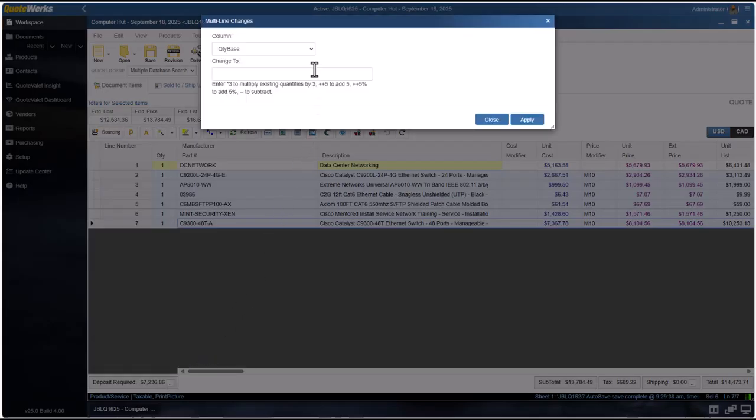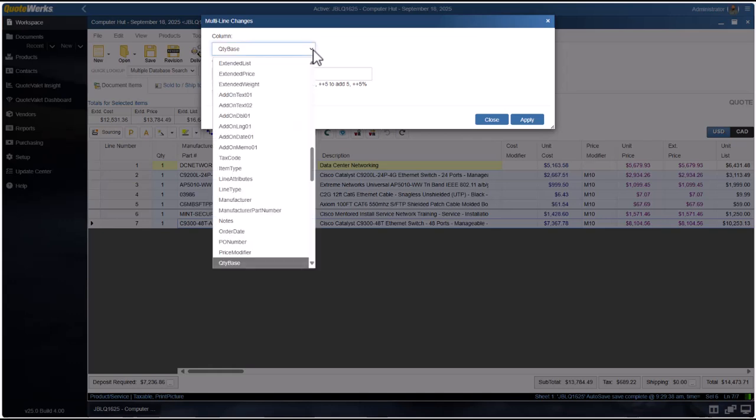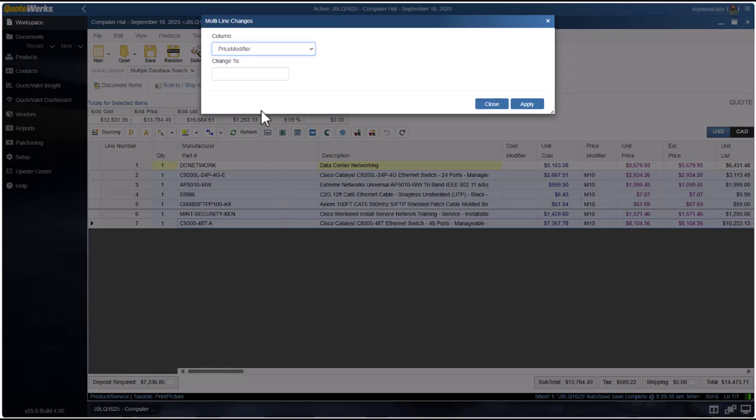Choose the column you would like to make changes to using the column dropdown. In our example, we will select Price Modifier. With Price Modifier selected, type the price modifier you would like to use into the Change to text box. For this demonstration, we will set the price modifier to P20, which stands for 20 points of margin, and click